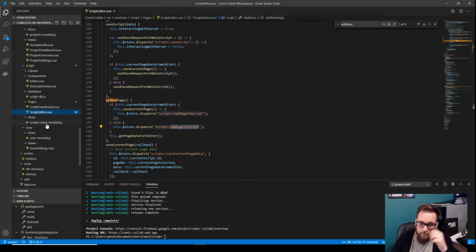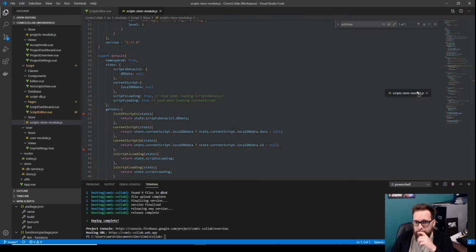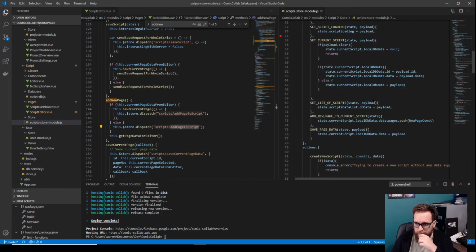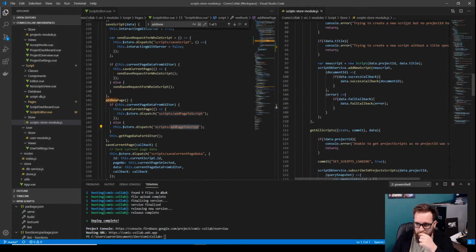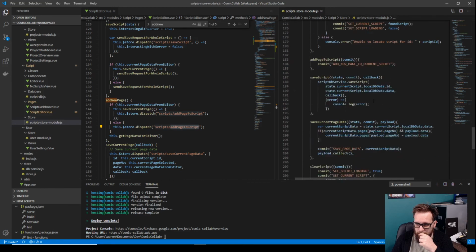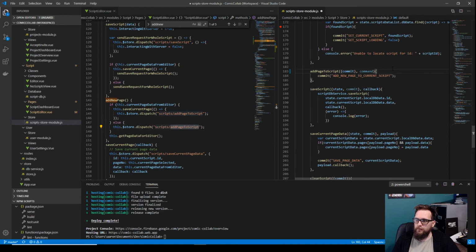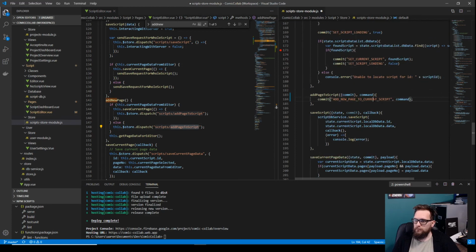Where's my, that's right there. Let's drag this across, add script to page. Okay, so what we need to do here is we need to provide the command, I'm going to call it, and then we need to provide command here, and then on here